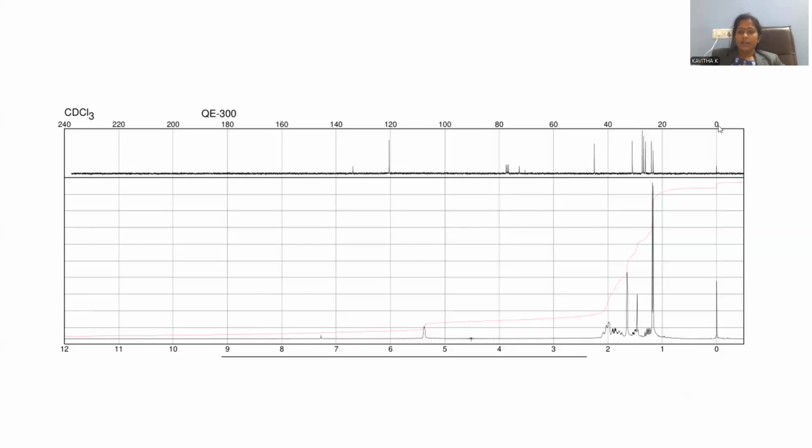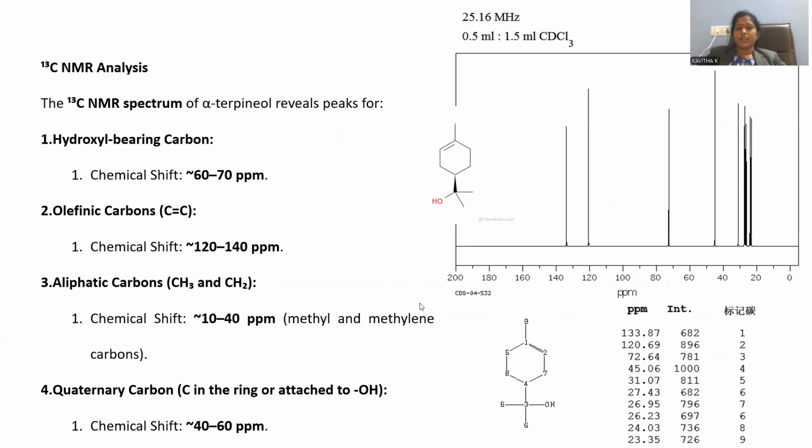Here the values are 0, 20, 40, 60, 80, 100 to 140. All these correspond to the nature of carbon atoms, and if the ppm values lie between 0 to 12, that is the nature of the protons. So here two different spectra are compiled into a single one, where proton NMR is observed and C13 NMR is also present in the single graph. This is the way the nature of protons and carbons are shown together.